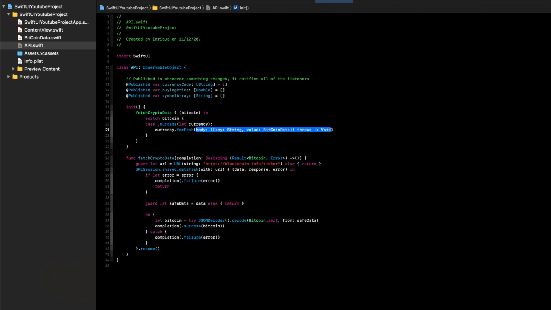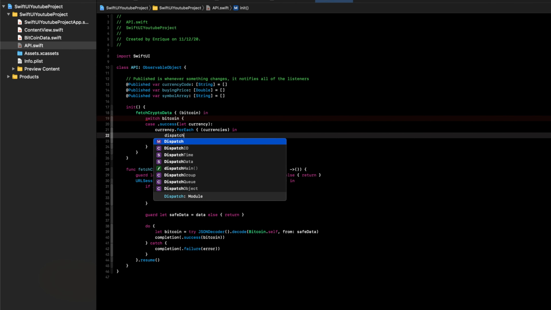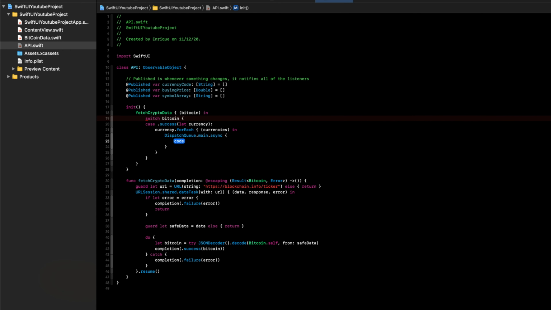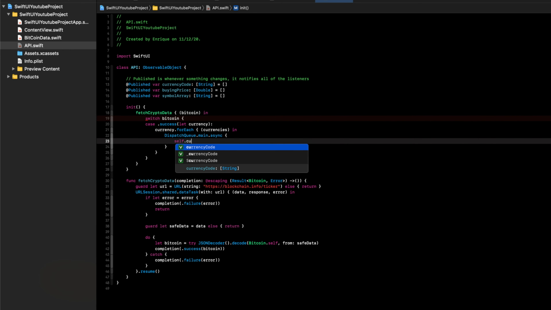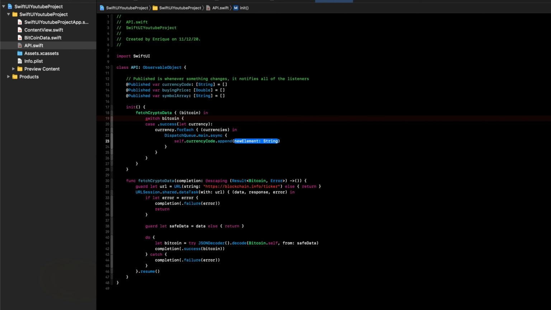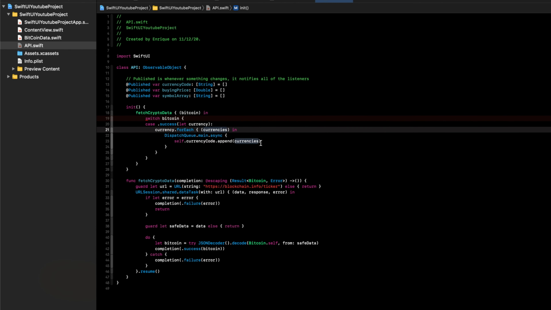currency.forEach, and then go ahead and press enter again to complete that. And we'll do currencies in, and we're going to have to go ahead and do this on the main thread. So do DispatchQueue.main.async, and do self.currencyCode.append, and then we're going to do currencies, the one right up here, currencies